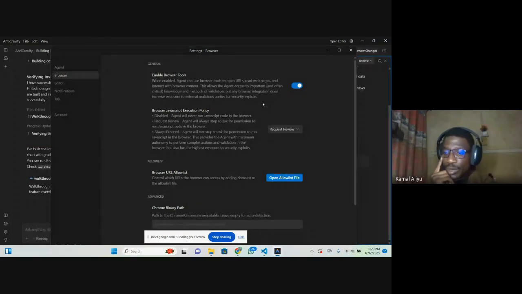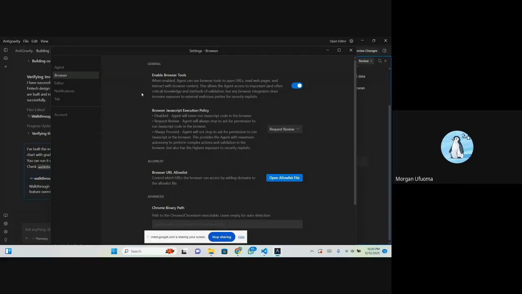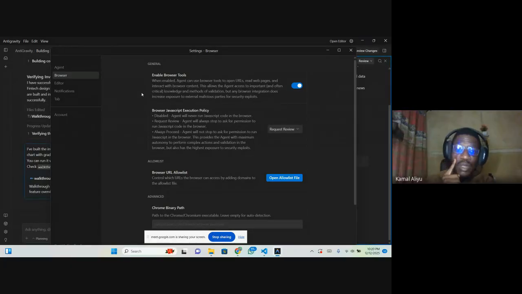Oh, sorry, Kabir, what's your question? Kabir is asking, does it implement the backend part of the building currently? No, we are currently using mock data. I don't want to go deep into that; I'm the one that limited it to that. We have created a mock file for the data that we need on the dashboard, and it shows it for us. But if you need the backend, it will completely do that for you.